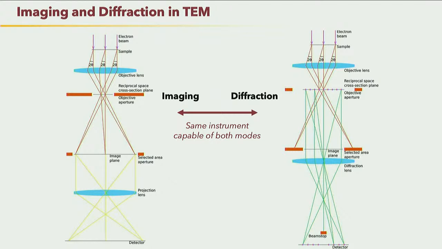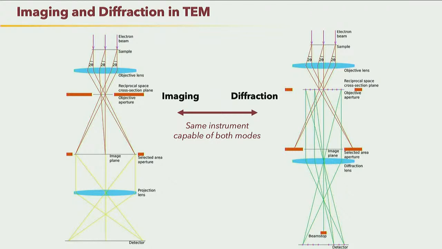For example, on the Thermo Fisher or FEI microscopes that we use, there's a button on the panel that says diffraction, and you push that, and it puts the projection lens system and all the lenses into the right mode. Now, rather than the image plane hitting the detector down here, you move the reciprocal space, the diffraction pattern, to the detector. Same instrument. You swap back and forth between imaging and diffraction. That's a really powerful